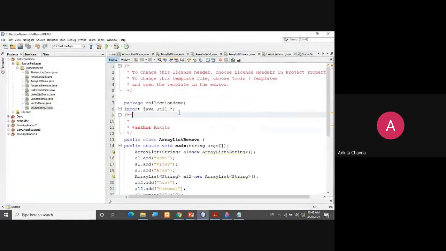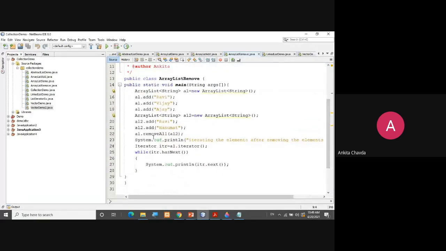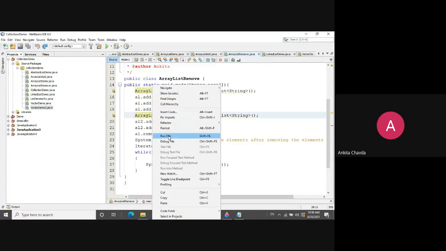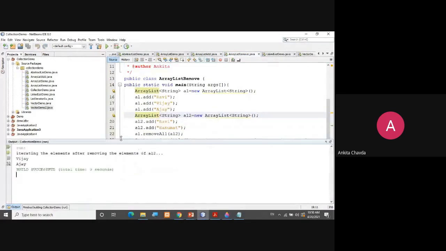Now here is my question. Just like addAll, I have removeAll. I'm again writing here ABC and PQR, and I'll keep it the same. I'm just showing you the output, and you have to explain to me why we are getting this.